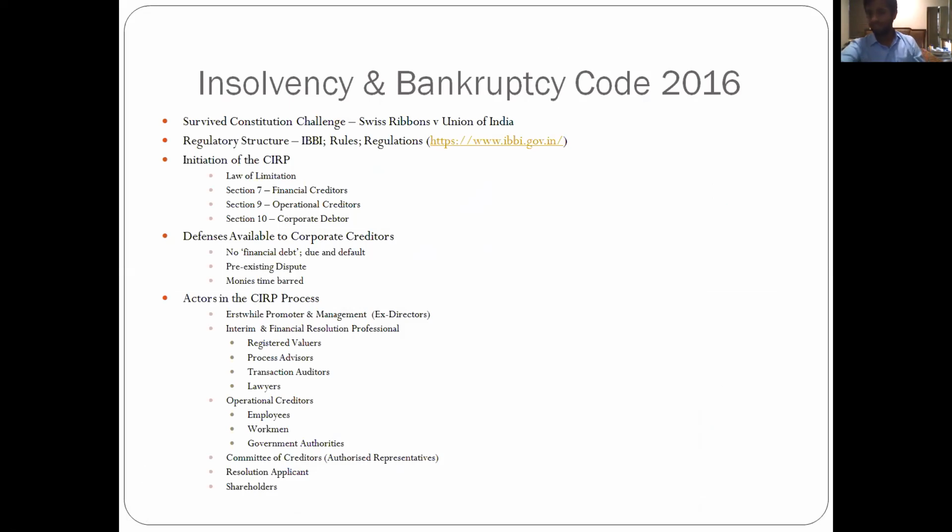So you must receive a legal notice in Form 3 or Form 4, which says that you need to pay me money. If I'm a company and you are my vendor, you will send me a notice first, to which I will respond and tell you, actually, there is a fight between us. We are litigating in Delhi High Court, or there is an arbitration between us happening before a private tribunal. So that money is disputed.